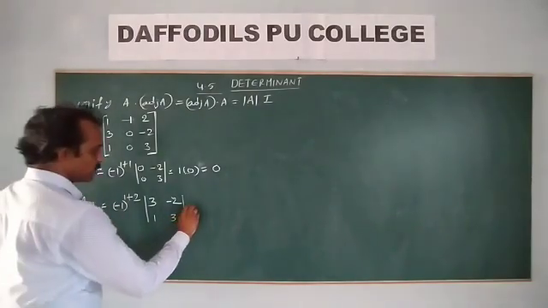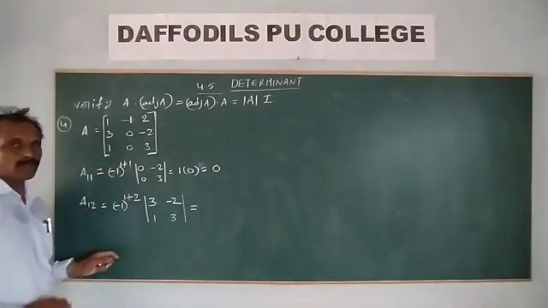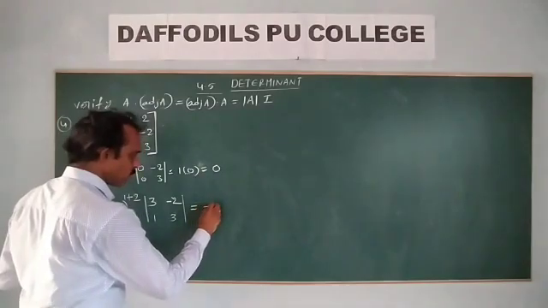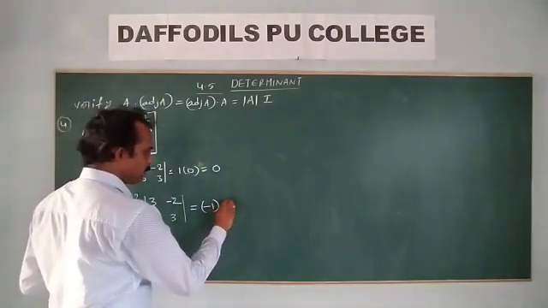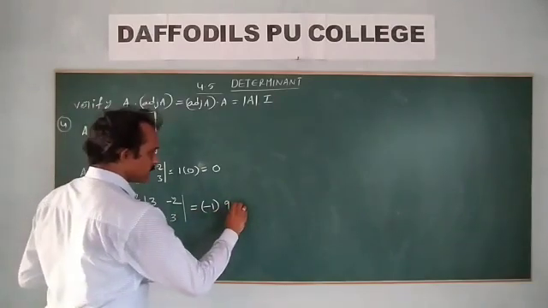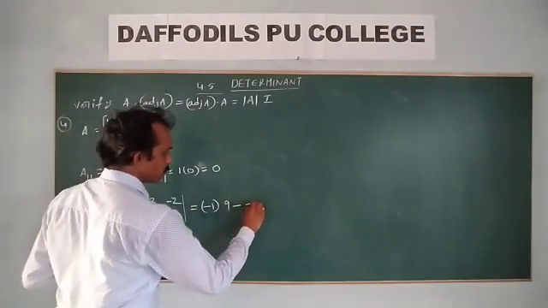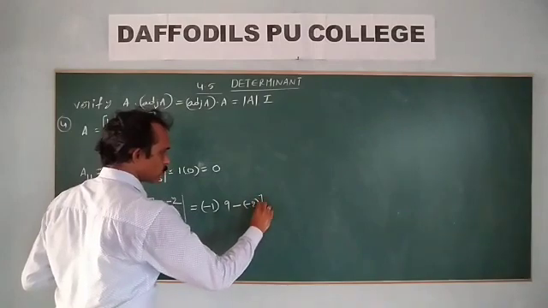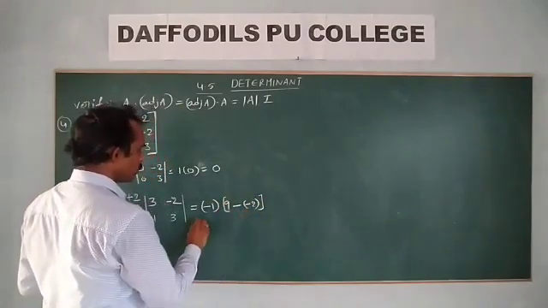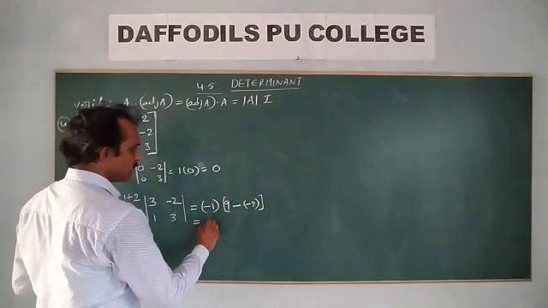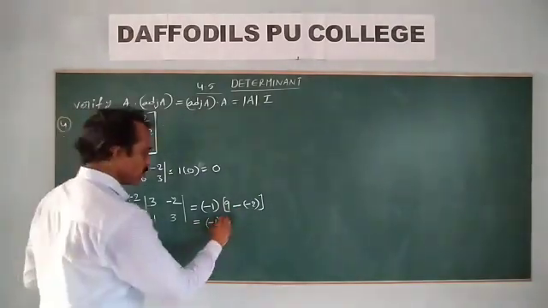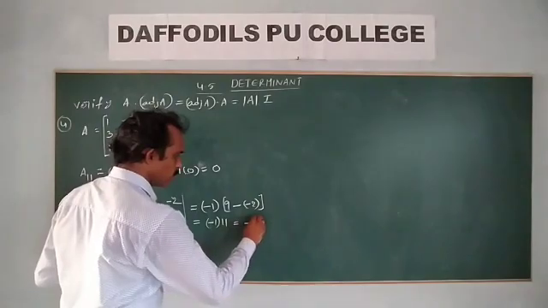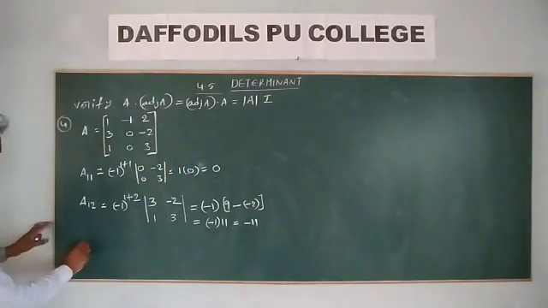So this is equal to minus 1 to the power of 1 plus 2 times the determinant: 3 into 3 is 9, minus (1 times minus 2), that is plus 2. Therefore this value is equal to minus 1 times (9 plus 2), which is minus 11. Next one,